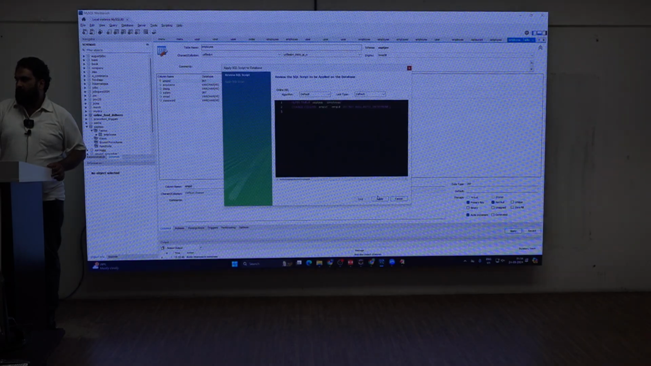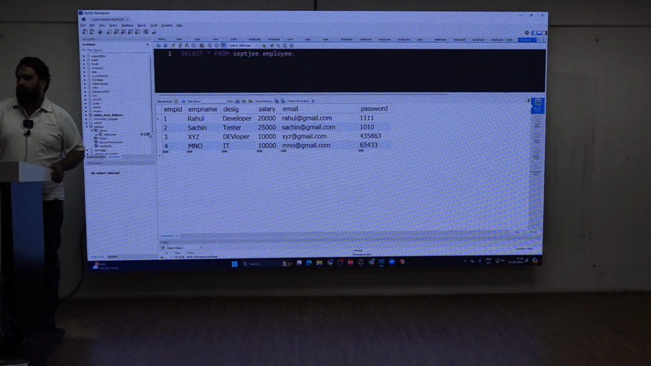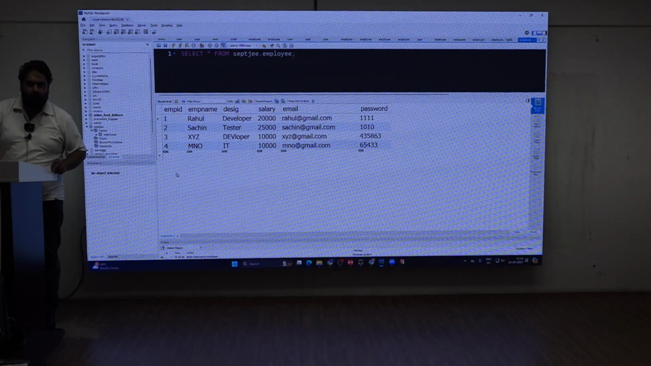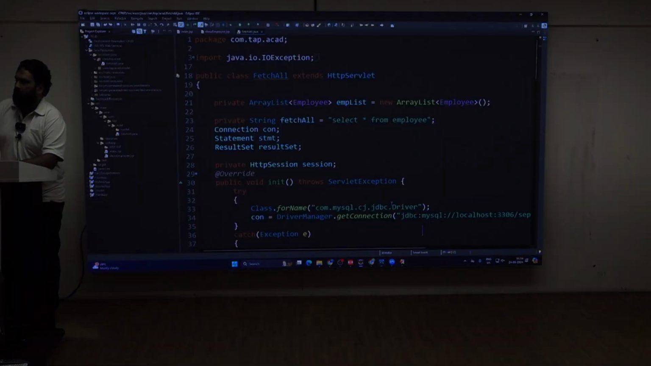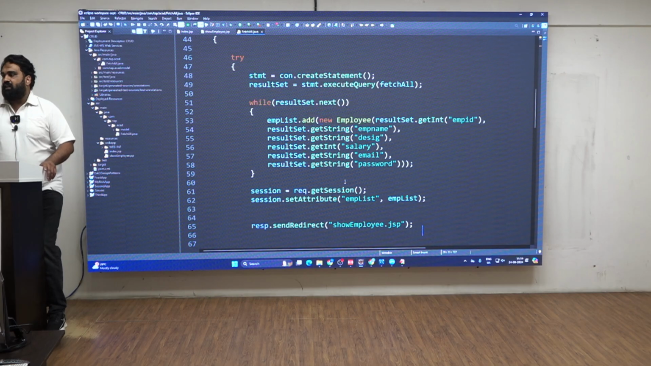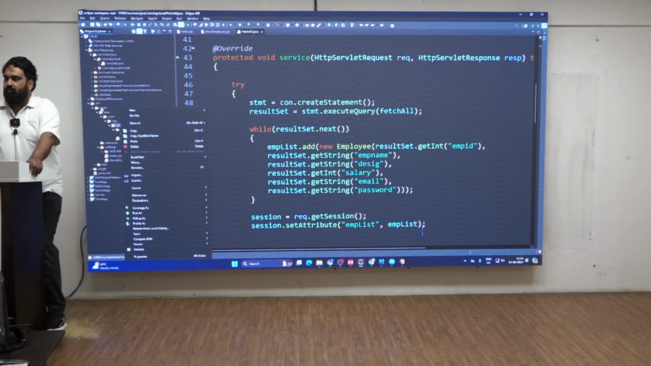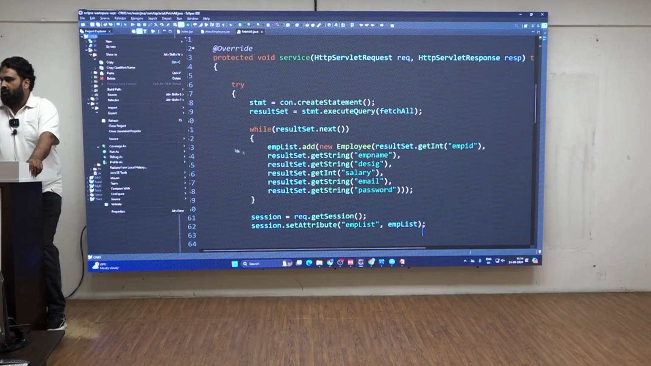I will apply it. So what is the advantage of making my employee ID auto increment? I need not collect employee ID now. Only employee name, designation, salary, email, password. If I collect those, it is sufficient. Right. So let me go to my project. In my project, how will I start writing my code? So in order to write the code, maybe in the ACAD, com.tab.acad, sorry. First and foremost, I will go to my